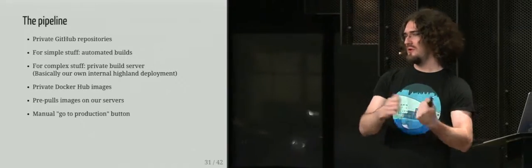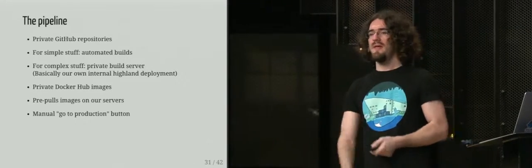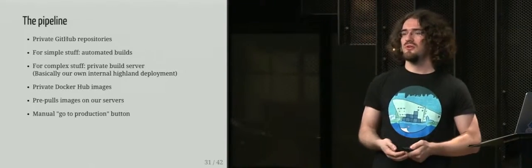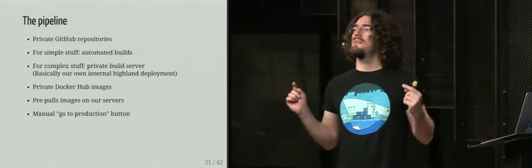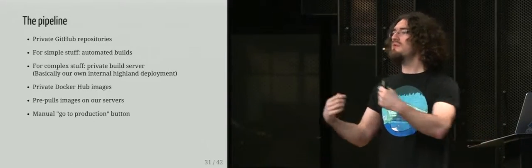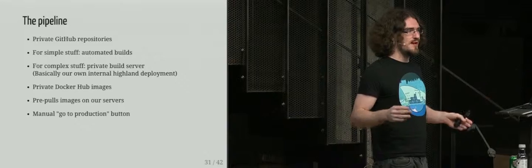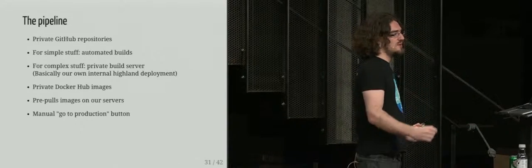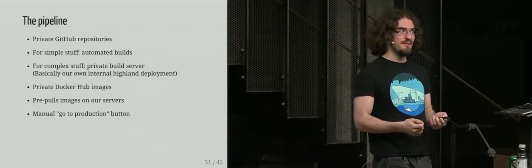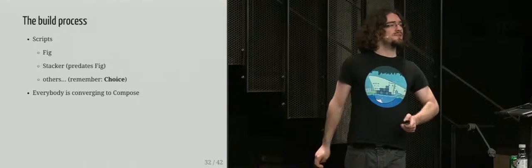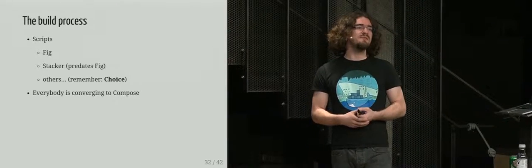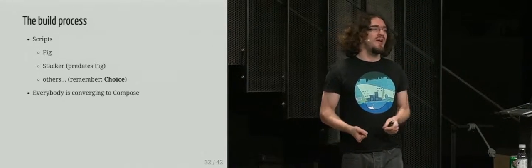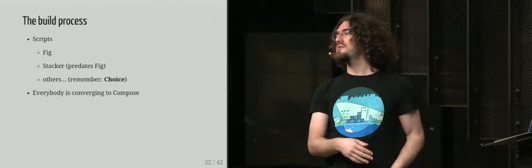We pull down the code, we build it, we push that to private repos on the Docker Hub, and then our deployment pipeline will pre-pull those images on the servers, but the last step, actually running those images, happens manually. So first, the build process itself: in this pipeline, we have teams using Fig, others using a tool